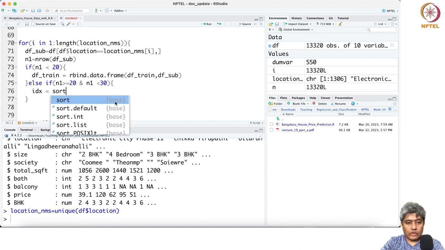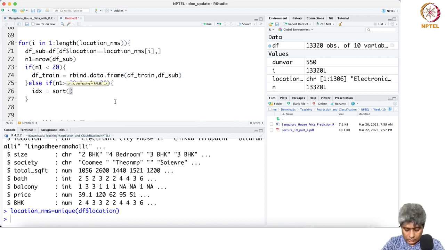So minimum 20 samples you need. So sample 20 out of n1. So if there are 28 instances, you randomly draw 20 of them, with replace equal to false, and put them